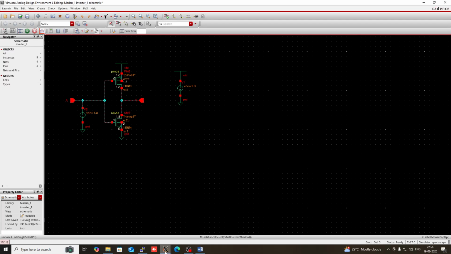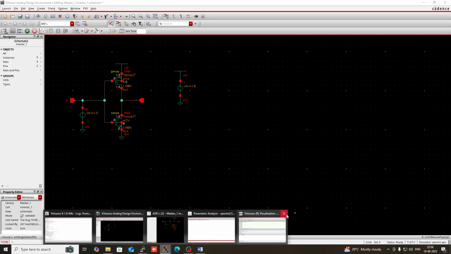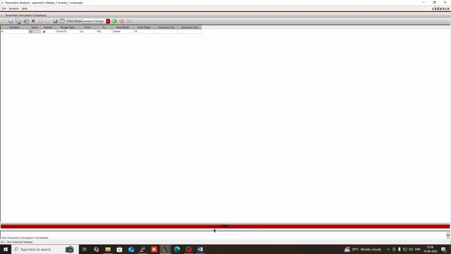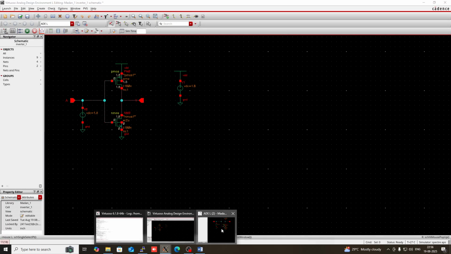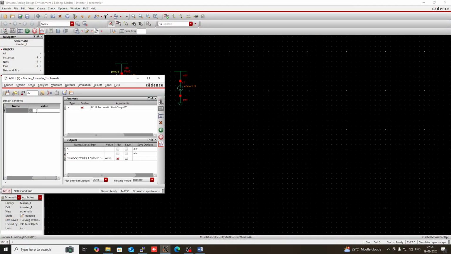Escape, or you can change it from here also. Go there, remove this parametric analysis. Now go here and set it to 7.47, 7.474, okay,